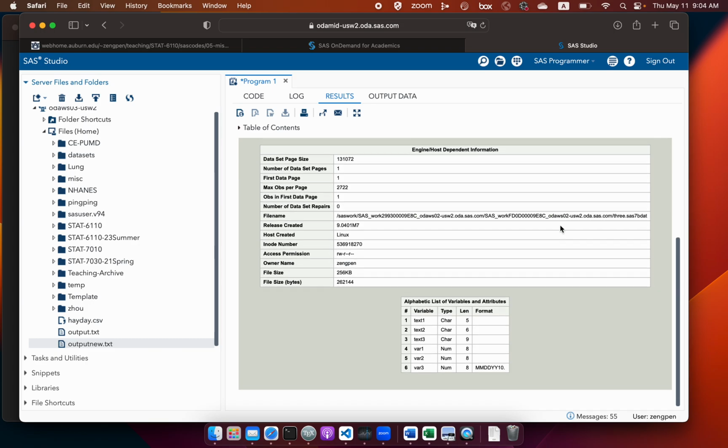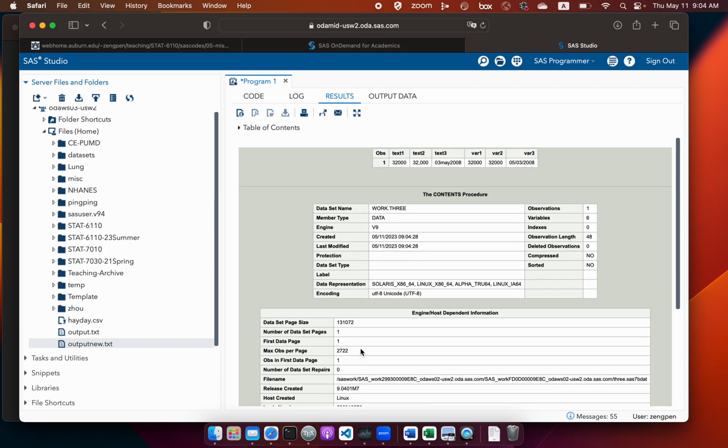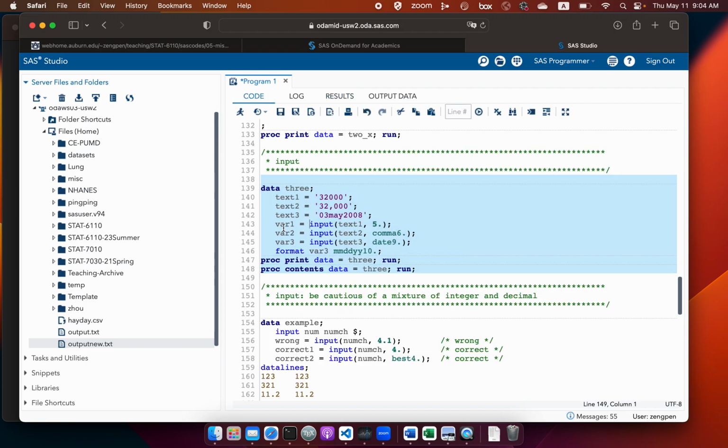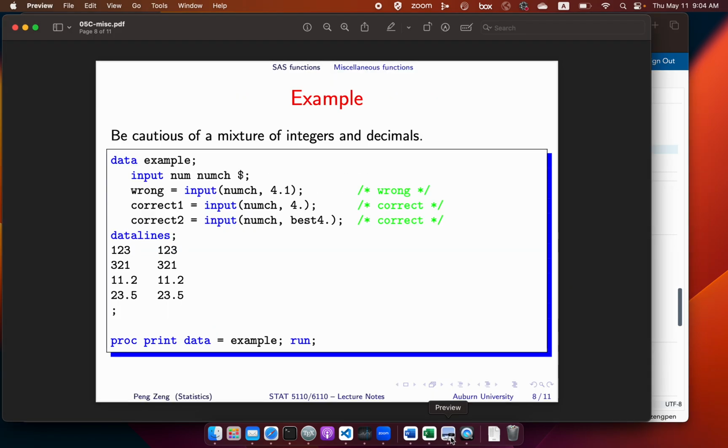From here, of course, you can check that text1 to 3 are character, and var1 to 3 are numerical, because for var1 to 3 I essentially just converted those characters to numerical. And if you want to convert numerical to